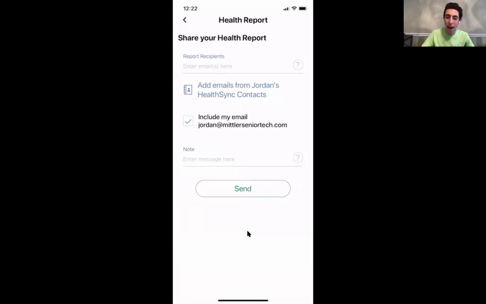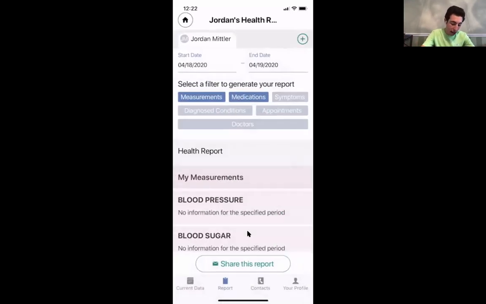Once you have your doctors and all your insurance and medication entered into the contacts, the email will come up automatically because you already have it in the system. You could always add notes, like, hi doctor, here's the report you asked for. And then you just go ahead and click send. So that is a brief overview of the reports.